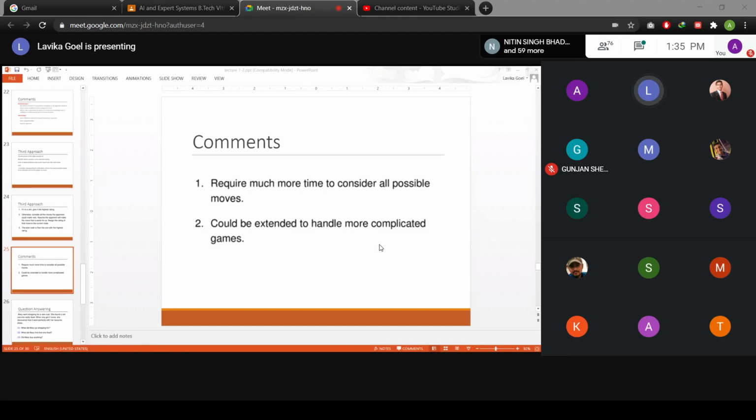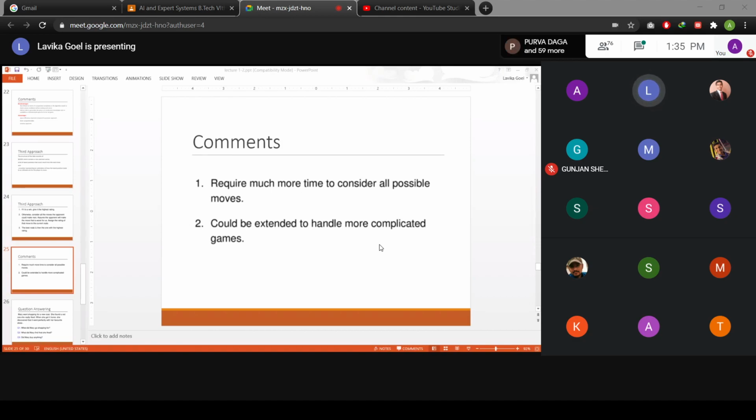So this approach is called the minimax approach. Minimax means that you are trying to maximize your chances of winning. If you cannot maximize your chance of winning, then you are trying to minimize the chance of winning of the opposite player. So it's called the minimax approach. And here this program is much more sophisticated because you are trying to find out the next possible options, and from that you are trying to find out the best option.